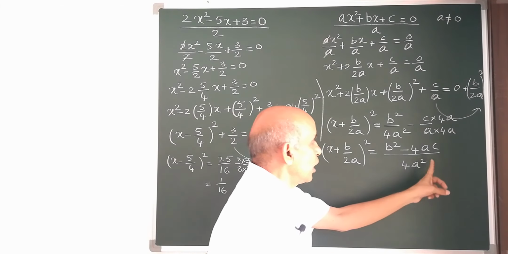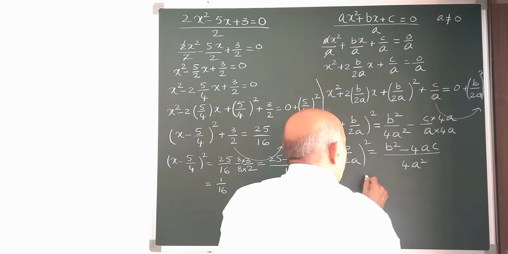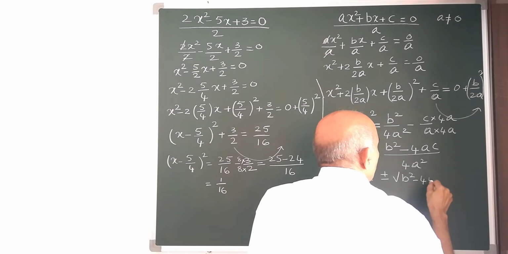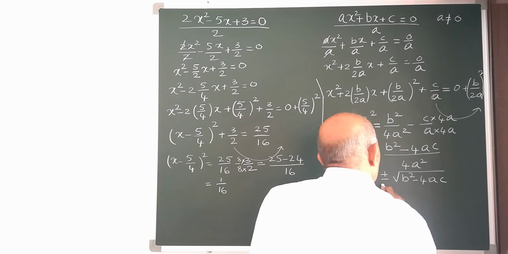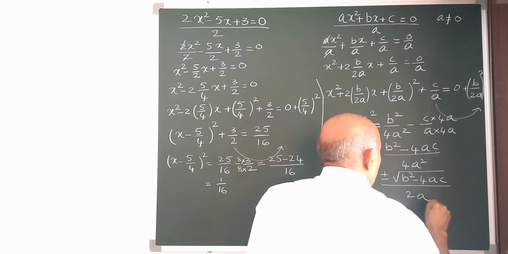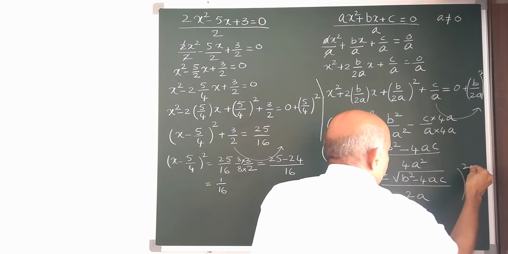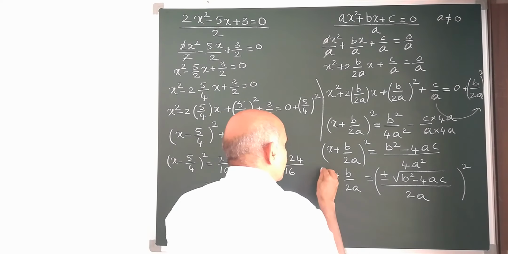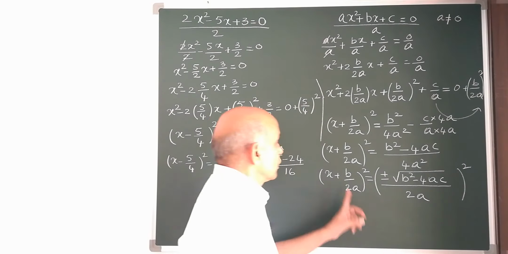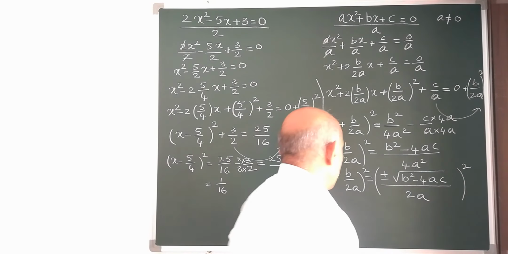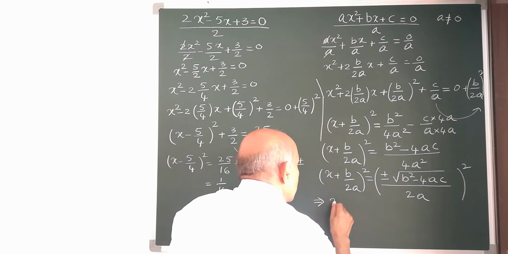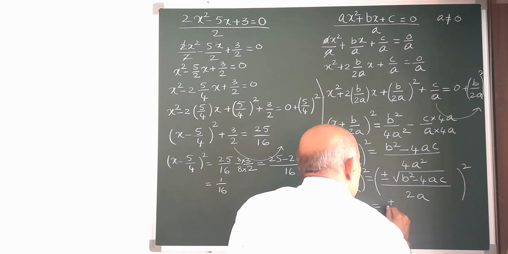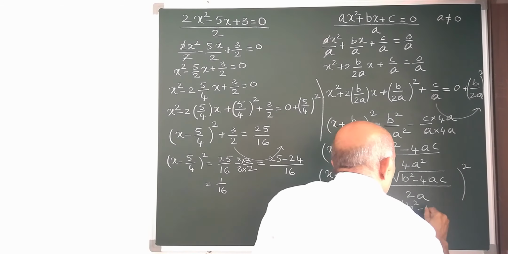Now to write this side also in the form of a whole square, we will write this as plus or minus root b square minus 4ac by 2a whole square. So this is x plus b by 2a whole square. Now both are squares, so you can remove the square. This implies x plus b by 2a is equal to plus or minus root b square minus 4ac